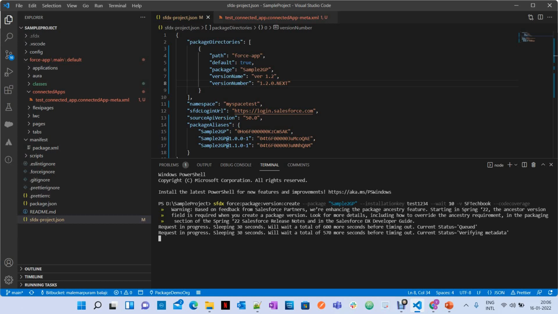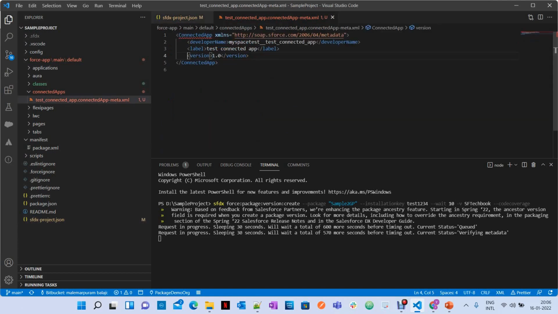Let's see what is going to happen. Now it is generating the version. So here what else we have to remember? We always need to take the previous version, as it is increasing the version of the connected app when you upload every version. Whenever you upload and release your managed package every time, it is going to increase your connected app version number. But you always need to take the previous version number of your connected app while you are giving the version in the XML file here.